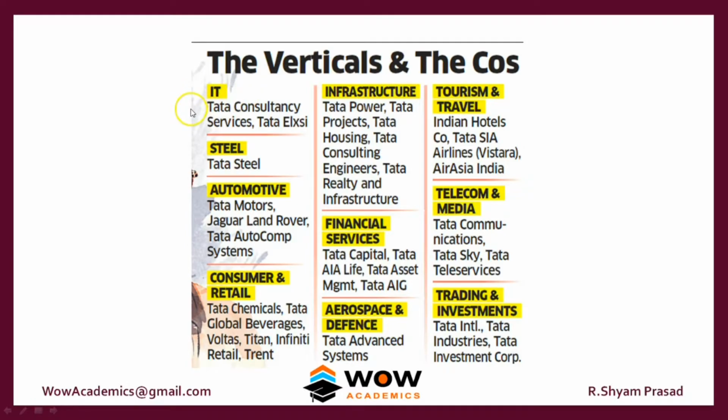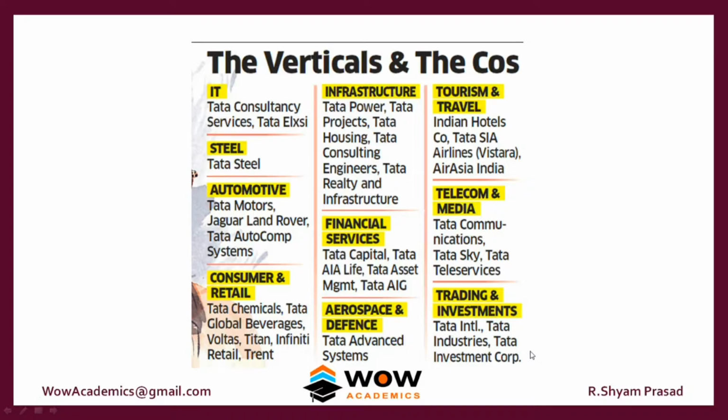They are into IT, where they have 2 companies, in steel they have 3, in automotive they have 3, in consumer retail they have around 5, in infrastructure they have around 6 or 7, and in financial services, which Tata holds and controls. So the question is this: if Tata has a total of around 50 companies within it, where should Tata focus? Which of these 50 companies should they invest in? Which can they just hold? Which can they actually sell and realize?